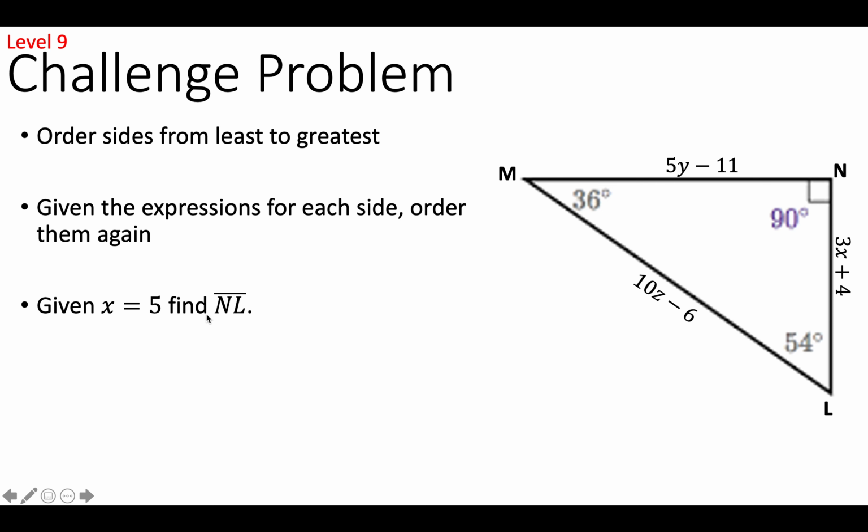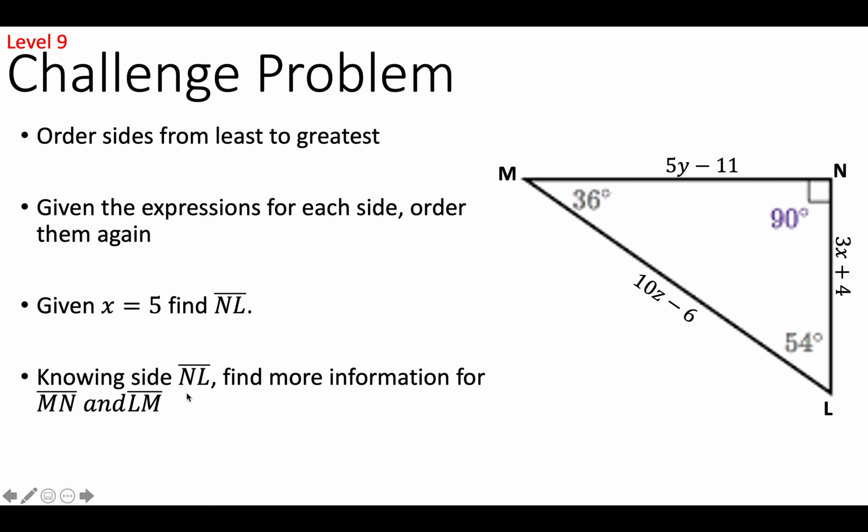Here, given x equals 5, find the length from N to L. 3 times 5 is 15, plus 4 is 19. NL is 19. Now, it says if we know that this is 19, what do we know about MN? That means that 5y minus 11 is more than 19. And you could even find y. You'd add 11 to both sides. 5y is bigger than 19 plus 11, 30. Then you divide by 5. y is bigger than